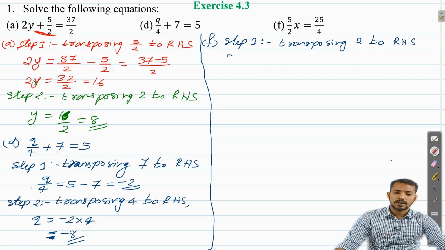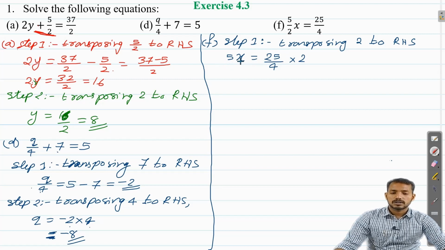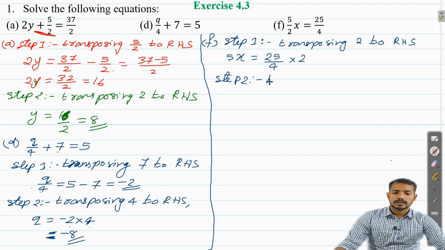What will we get? 5x is equal to 25 by 4. This divided by 2 will be into multiply by 2. Okay. Now 5 also should be transposed to separate x from 5. So in step 2, transposing